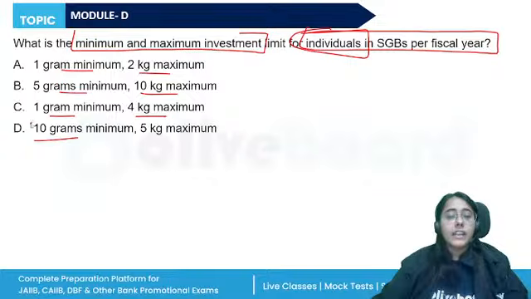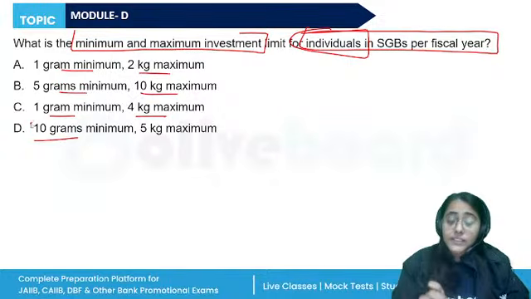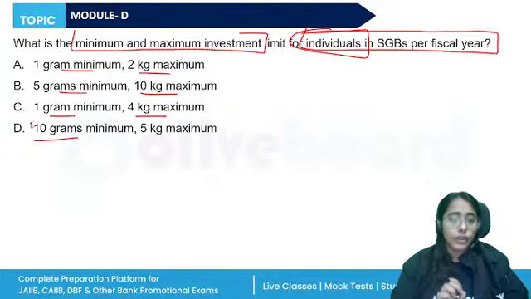When we are talking about the sovereign gold bond, let me just tell you everything about it. They are securities denominated in grams of gold, substitutes for holding physical gold. Investors have to pay the issue price in cash, and the bonds will be redeemed in cash on maturity. The quantity is protected.